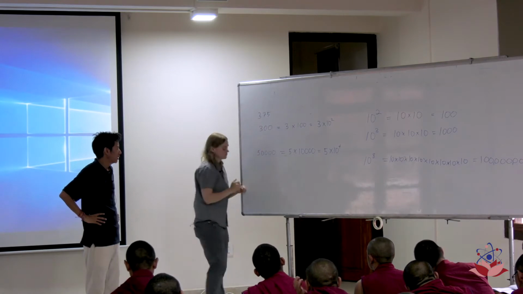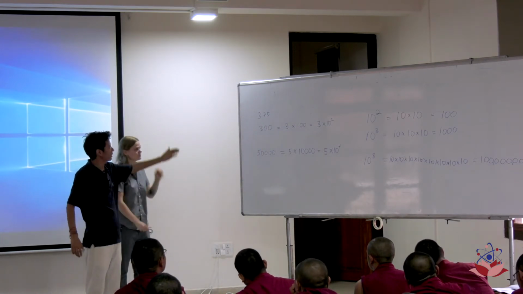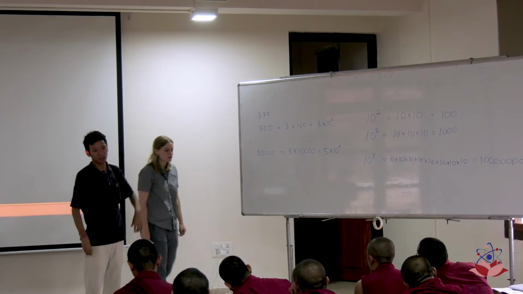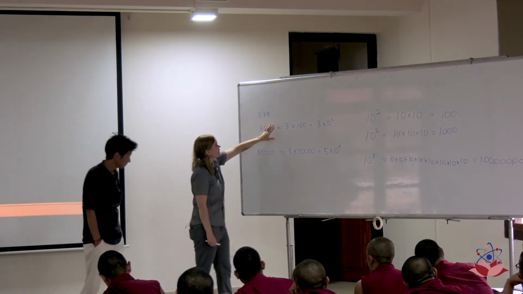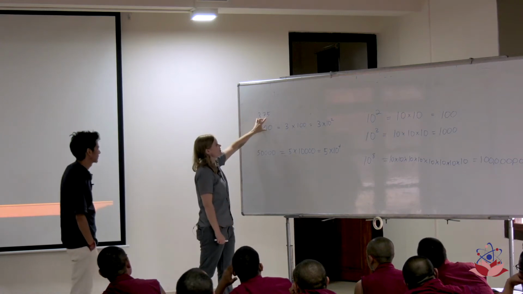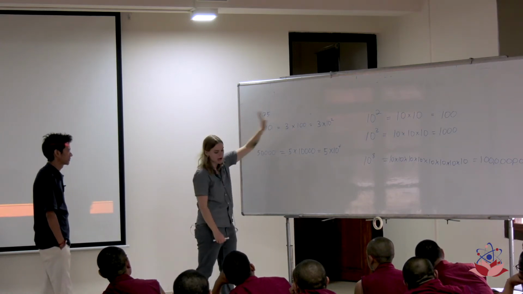375. Okay? And I want to focus on getting this re-expressed as a number between 1 and 10 times a power of